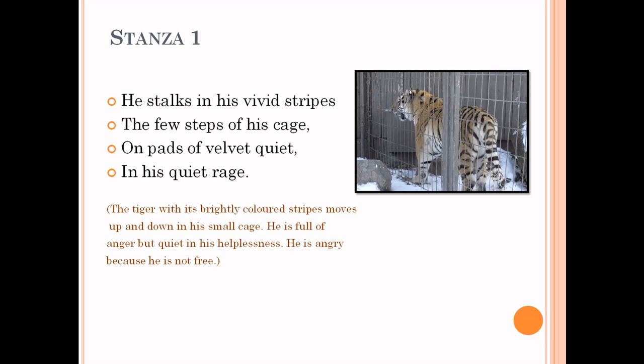His stalks and his vivid stripes, the few steps of his cage, on pads of velvet quiet in his quiet rage. He, that is the tiger, and stalks means walks haughtily or proudly. In his vivid stripes, vivid means lively, and stripes the lines on the skin of the tiger. The few steps of his cage. So the tiger